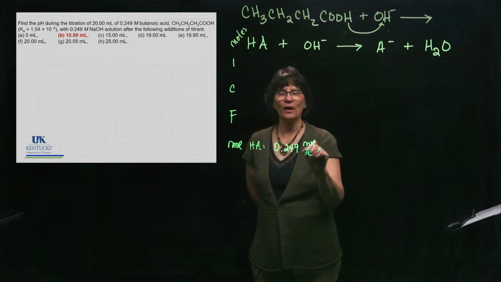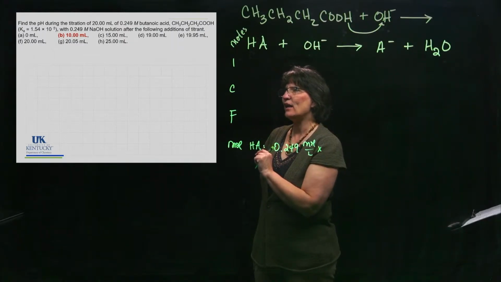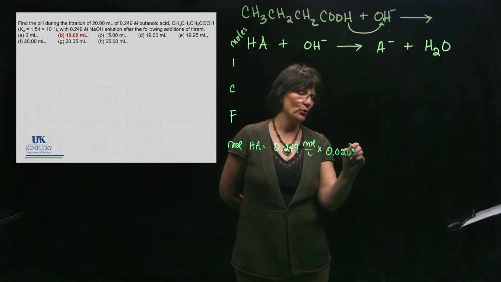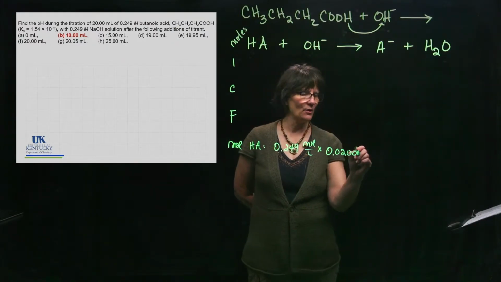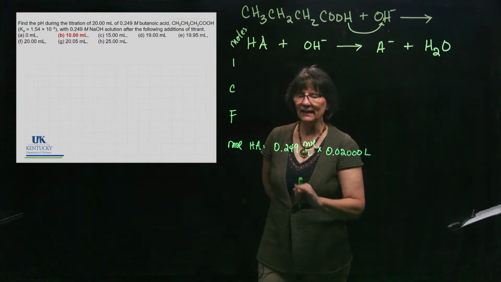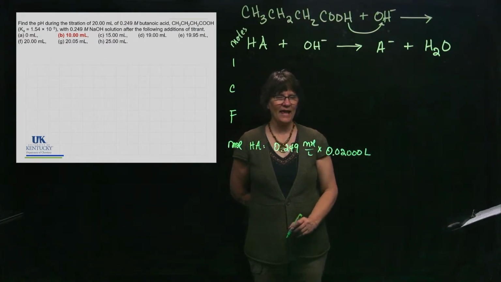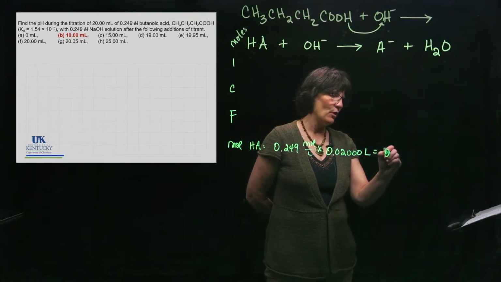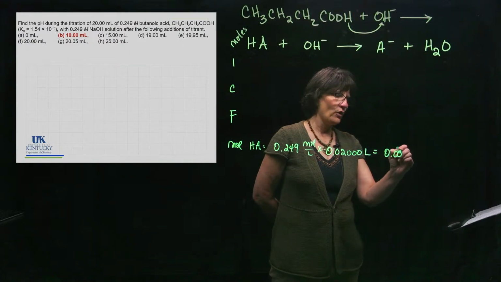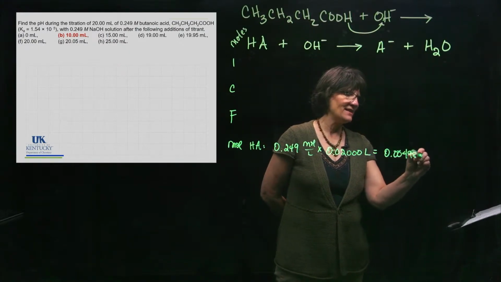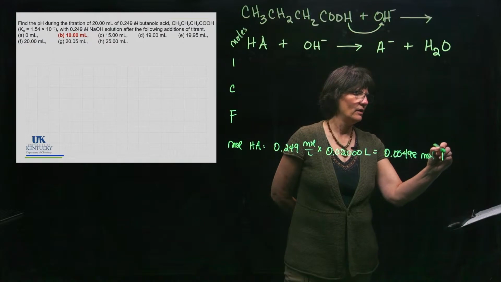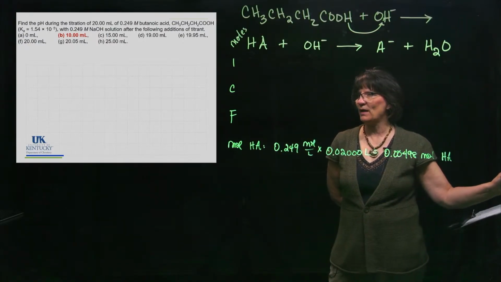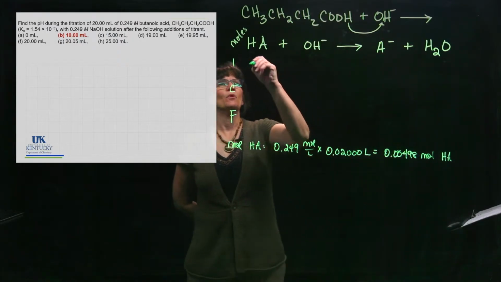So if I multiplied by how many liters I had of this acid, which is 20 milliliters, or 0.02, how many zeros do I need? I need 3 zeros after that. That's how many liters of the acid got added to that solution. And when you multiply those together, you get 0.00498. And that's the moles of the HA. So now we can plug that piece of information into the table,